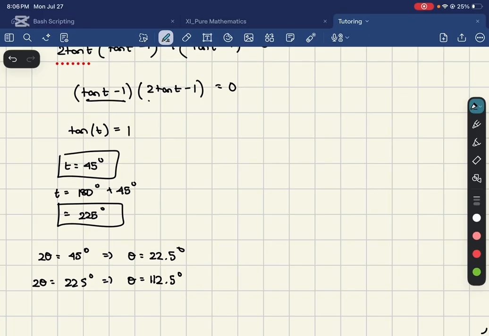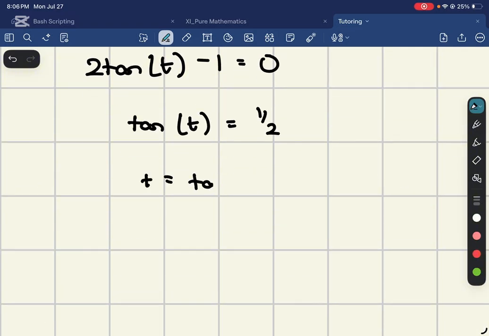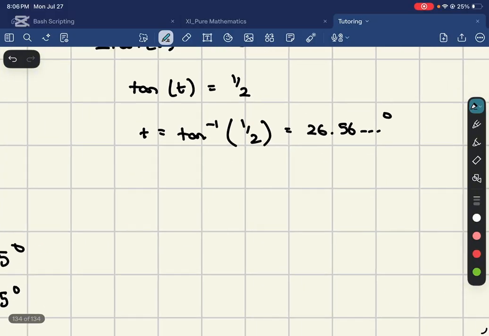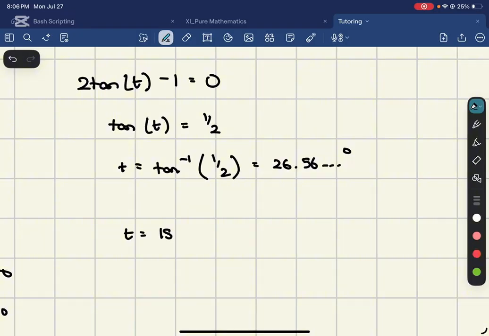Now we need to solve for this one. 2 tan t minus 1 is equal to 0. So if you simplify, you get tan t is equal to 1 over 2. So for the acute angle, you can just do tan inverse of half, and that gives you 26.56 something degrees. Just keep the value in your calculator. And remember, your other solution, tan is positive in the third quadrant, so you can just add this to